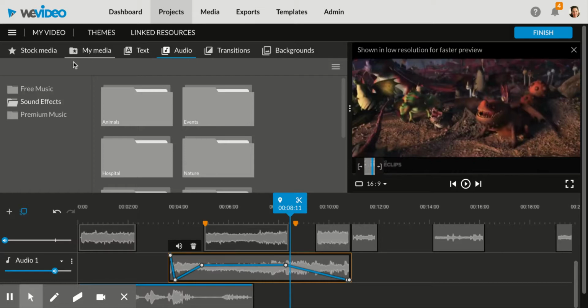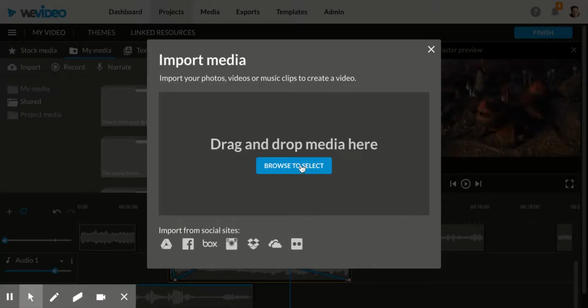So I've actually already visited another website and found a sound effect I want to use. So what I can do is click on this import button, meaning I'm going to bring in media that I already have on my computer. So I click on import, browse to select. I've saved that sound effect in my downloads folder because I downloaded it onto my computer from this website called Zapsplat. I just hit open